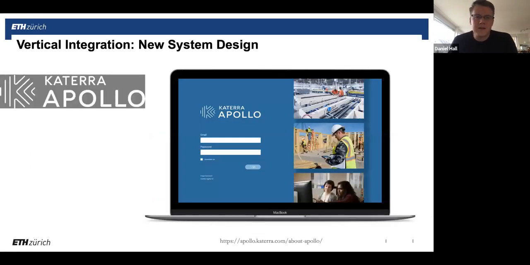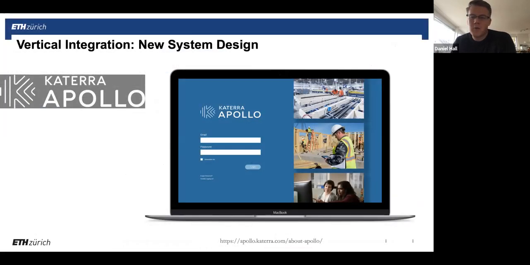And then the software side. I mean, the story, as I understand it, is Katerra said, we started using Autodesk products and other BIM software, and we decided that it doesn't work for us. There's too much fragmentation. It's too slow. It doesn't enable us to connect our manufacturing systems with our design systems. So we're just going to build our own platform from scratch. And that's how they came up with Katerra Apollo.